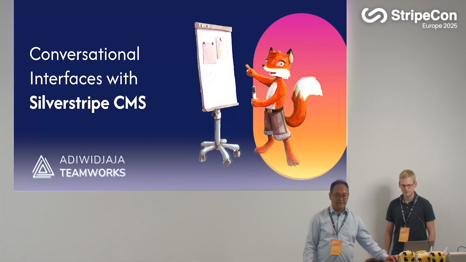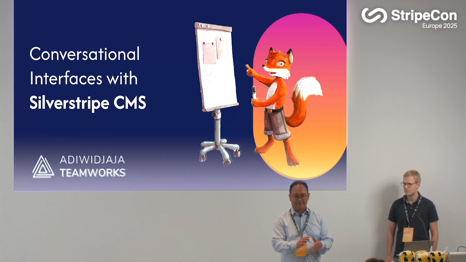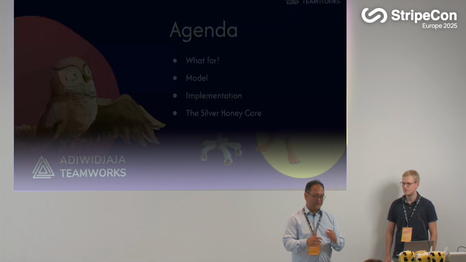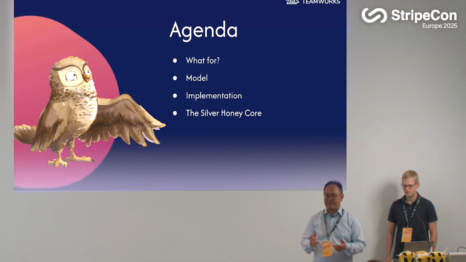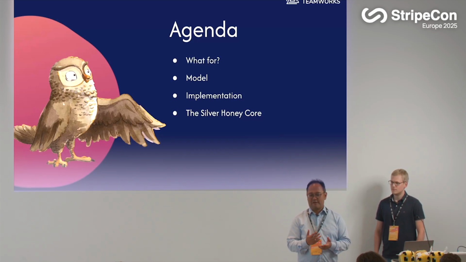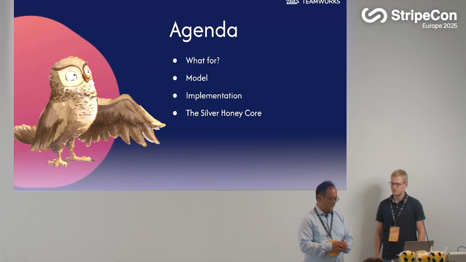And today we are talking about how that works. It works with Silverstripe. And also we will tell you what we are using it normally for. So we are starting with the reason for such an interface, and then we will continue with how the model is and how we are implementing it. In the model, we will remind you of something from your computer science studies, if you had one. And at the end, of course, we will share these prizes with the winners.